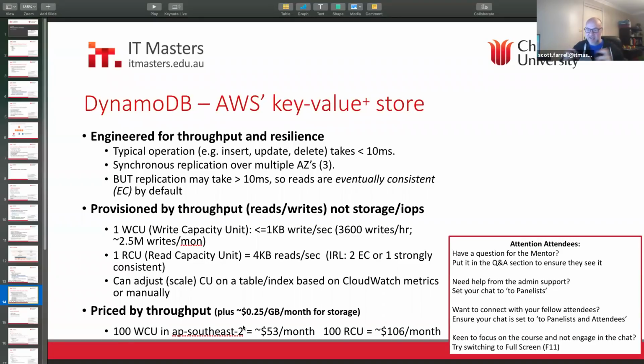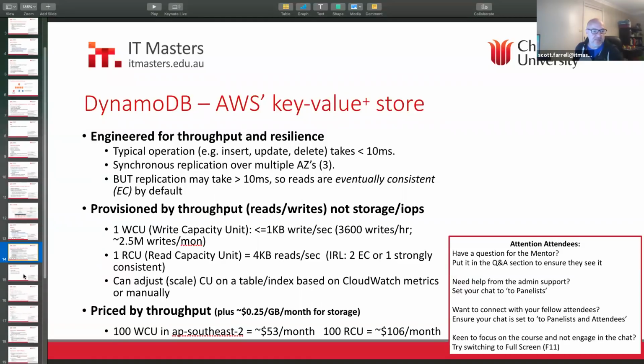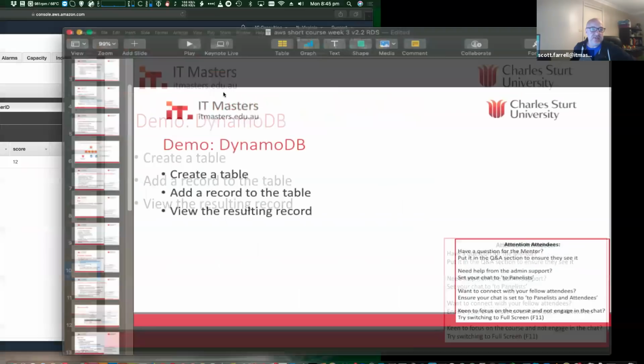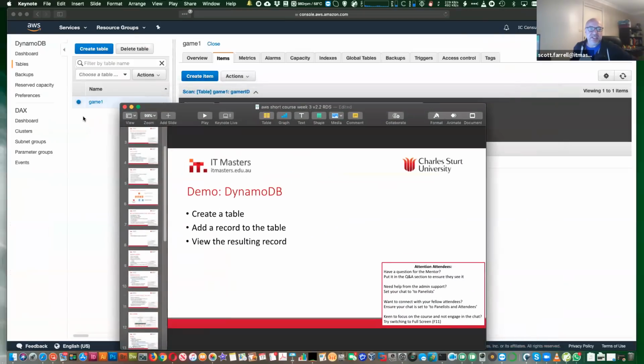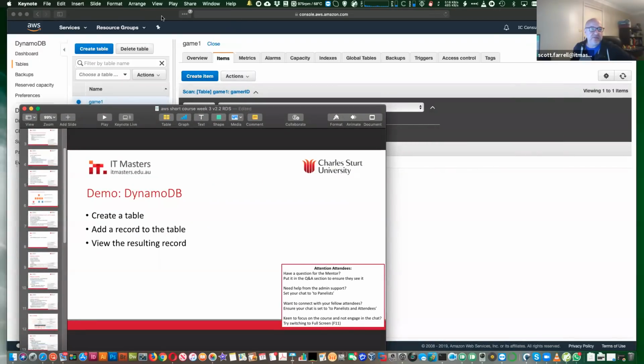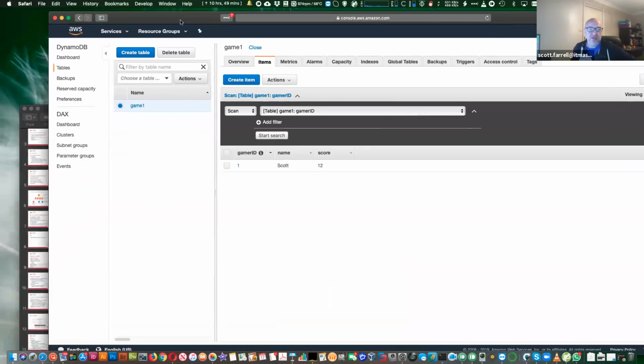And they scale it, and they do all the horizontal scaling and managing of the database and the memory and everything. You just use it. You're just a consumer of that performance. So we're going to do a bit of a demo of DynamoDB to give you an idea what it is. But again, there's a lab on this, so I'm going to skip over the bits that the lab's heavy on and do a bit more demo of the technology itself.